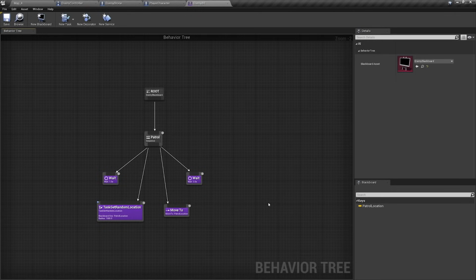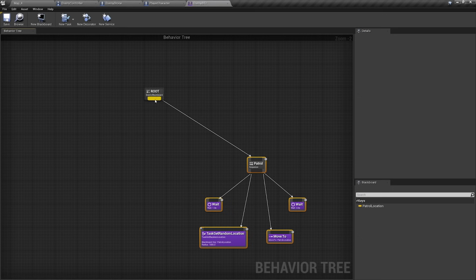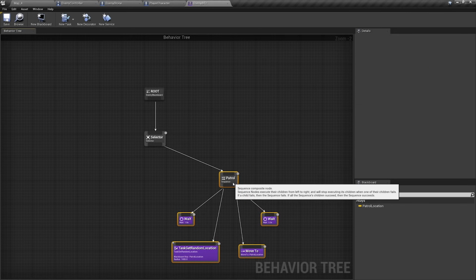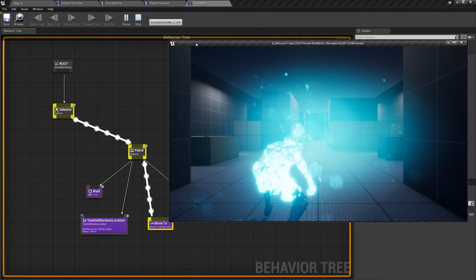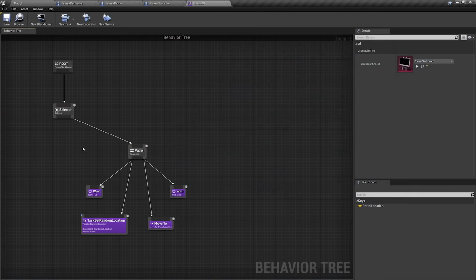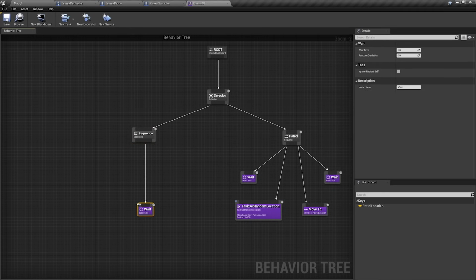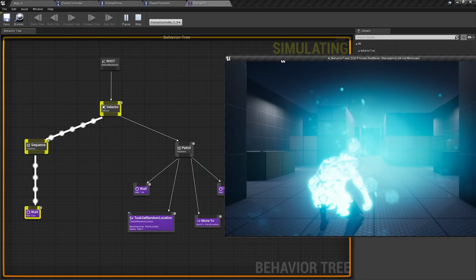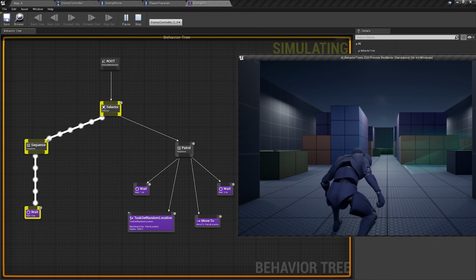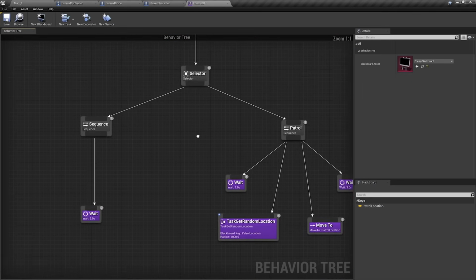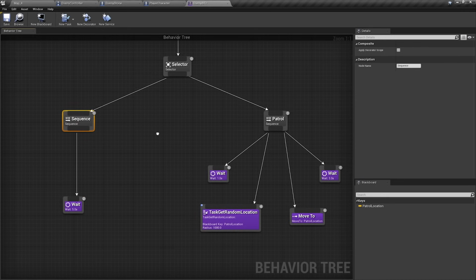Let's now add another behavior to our AI. We've mentioned before that selector nodes behave differently and that you can use them when you need to pick a single branch to execute. And if we play the game, our selector node would just pick its first child. But what if we add a higher priority child with a valid task? Well, it will only select that branch. And I know I'm risking being repetitive here, but that's really what selector nodes do. So as we said before, the selector node would try to pick the first branch that doesn't fail.